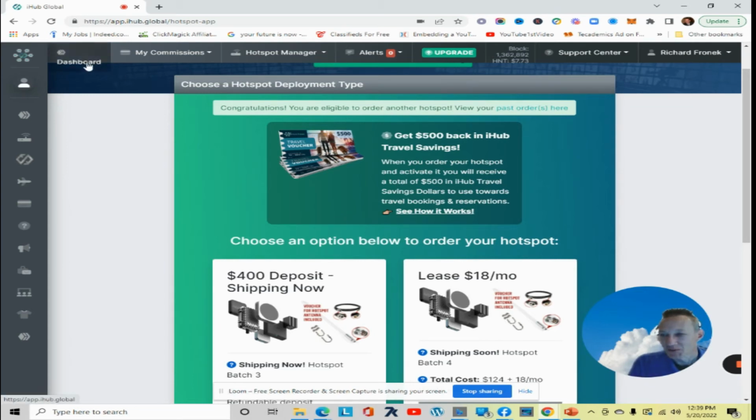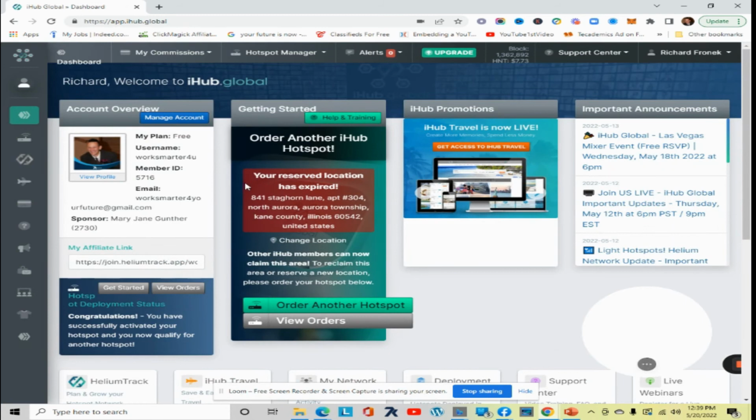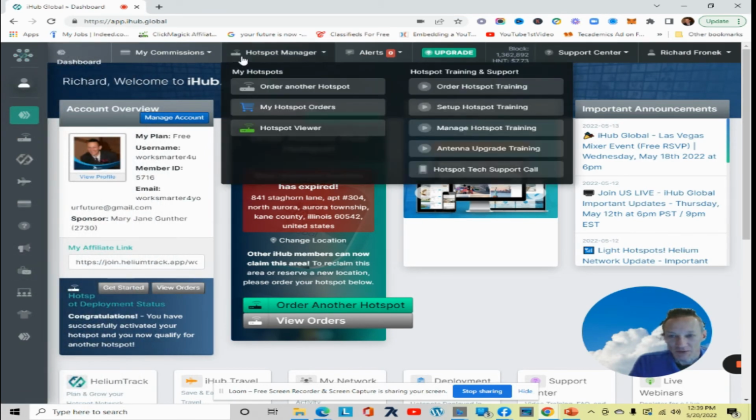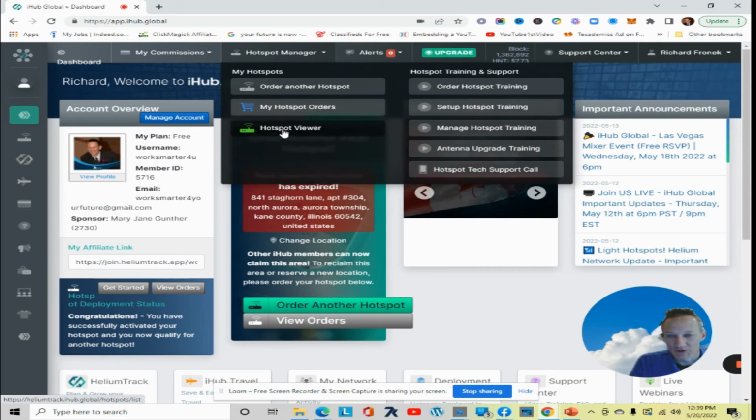Okay, so let me go back to the dashboard. In this case, once you place that order for your hotspot, it'll actually tell you what the next steps are. Their back office is very thorough and intuitive, and it's got training all over the place. It'll actually take you and show you where your hotspots are at. I'll do an example here, and it'll show you how detailed